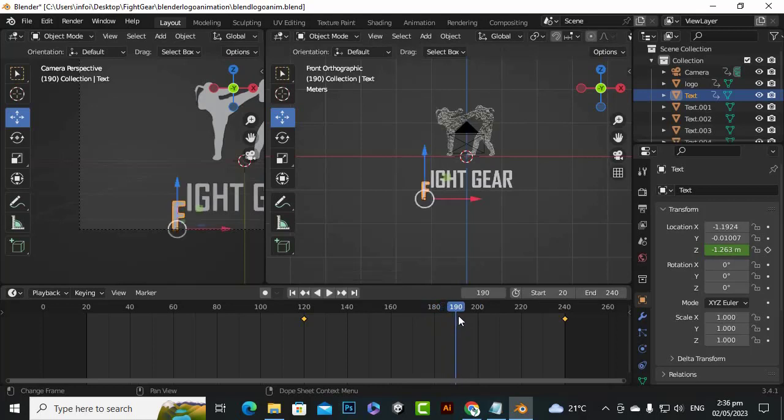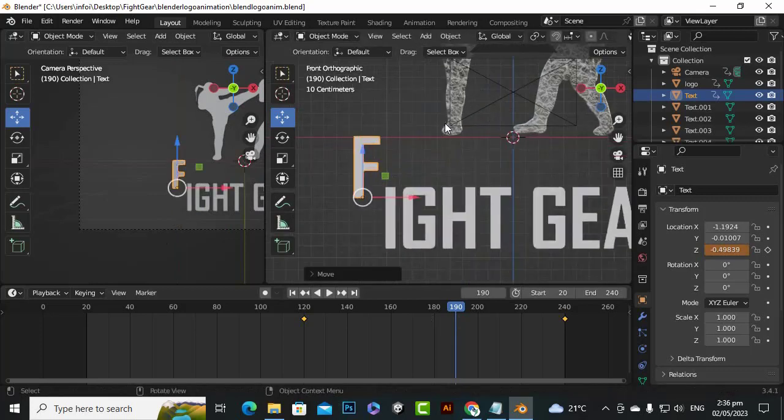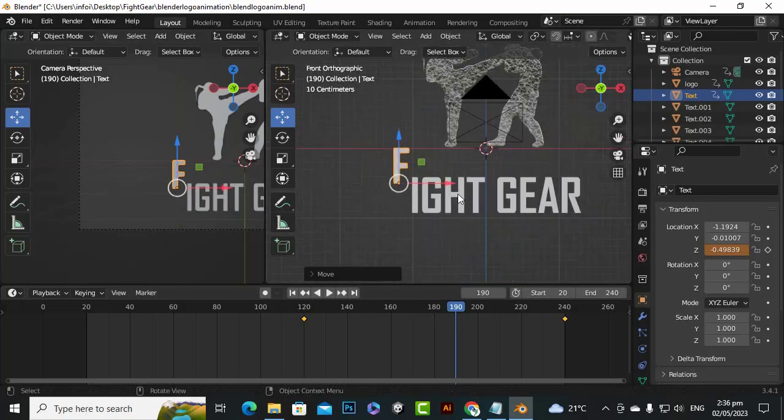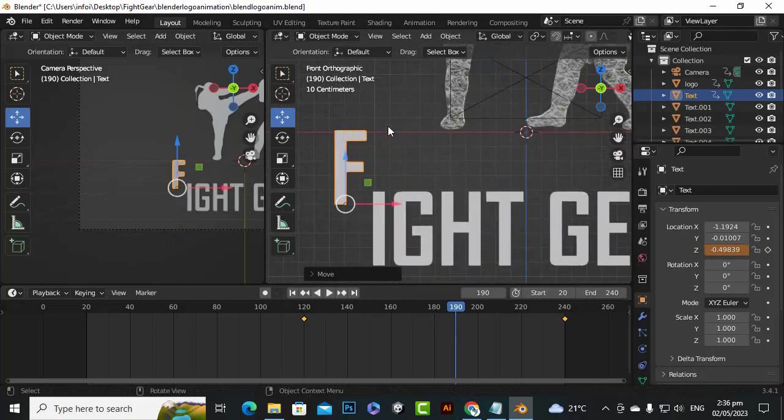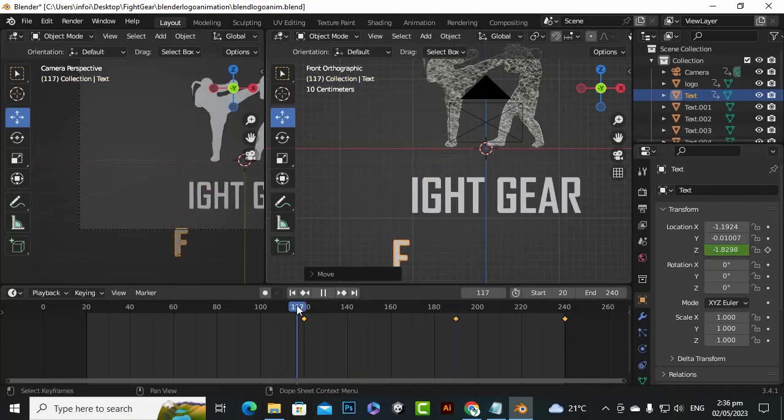So let's bring it to 190, and at this stage we will just bring it all the way out here, not too much higher than these footsteps, because we will animate all the words. So here it is fine, I think, and then we will record the Z position as well. Okay, so now if you see, the word will animate like this,